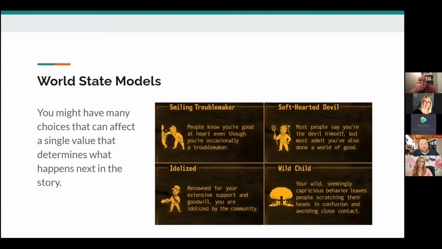So you as a player are making all kinds of different choices, and all of those different choices affect this one number. Then the game, when it presents you with a new scenario, when you meet a character for the first time, for example, it can reflect the value of that number, of your reputation, in how that character treats you, how they introduce themselves, whether they offer you an opportunity or whether they try to start a fight. It depends on what your reputation value is, sort of the sum of the actions that you've taken.